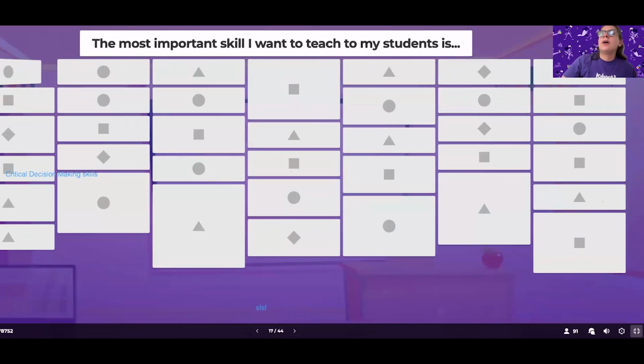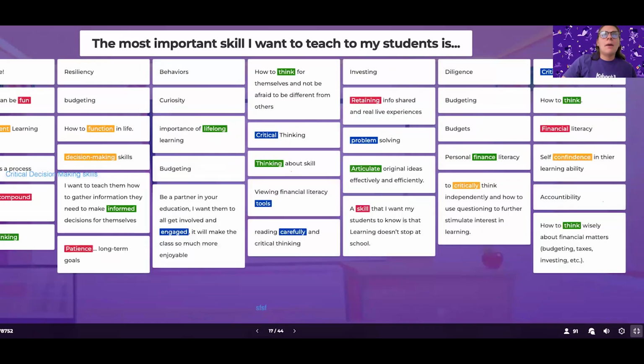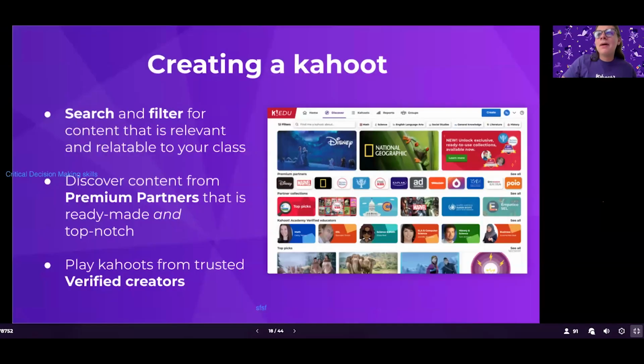All right. We can see some coming in, and for the sake of time, I'm just going to come through these myself. If you want to take a screenshot, you're more than welcome. Lots of ideas, and hopefully there are ways that you might be able to plan your Kahoot or think about your Kahoot to really get started.